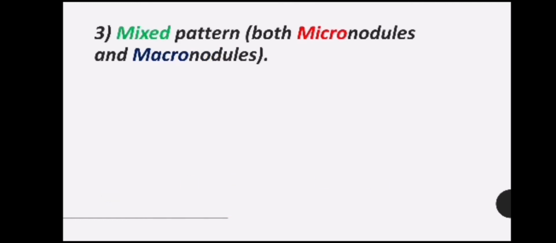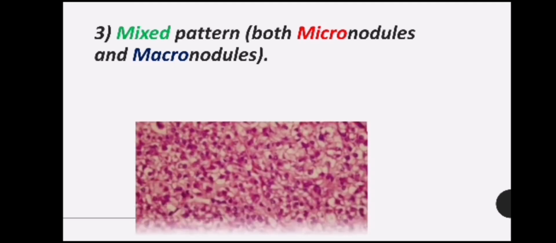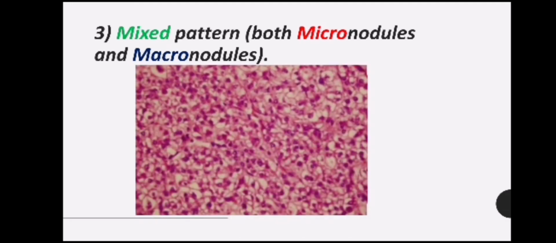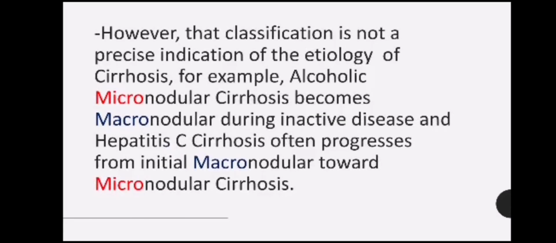The last type, mixed pattern, consists of nodules of different size, and this results from regeneration in micronodular cirrhosis. However, that classification is not a precise indication of the etiology of cirrhosis. For example, alcoholic micronodular cirrhosis becomes macronodular during inactive disease, and hepatitis C cirrhosis often progresses from initial macronodular toward